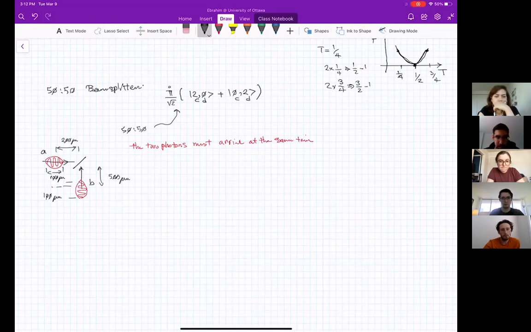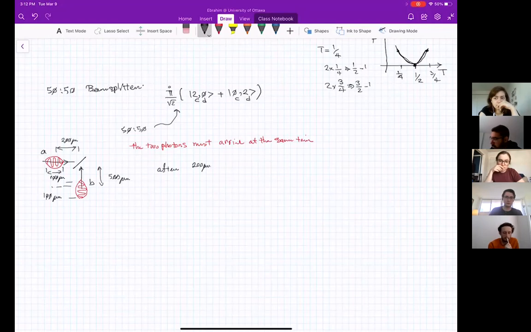No, because after, let's say, 200 femtoseconds, roughly speaking, has passed, photon A arrives at the beam splitter, so completely in a probabilistic way it will be transmitted or reflected. While photon A arrives at the beam splitter, photon B is still far away by another 300 femtoseconds. Clear, guys? So let's say after ct,